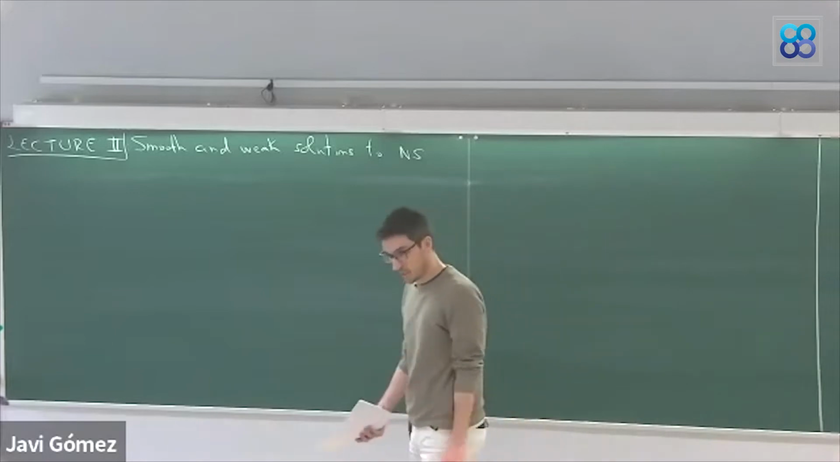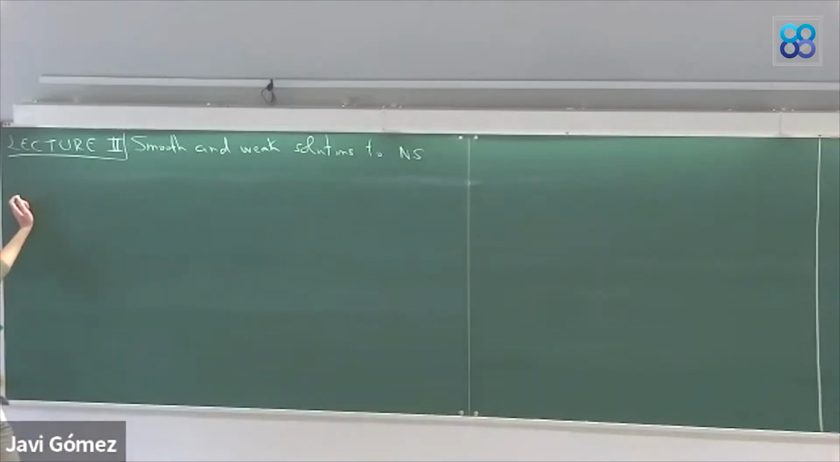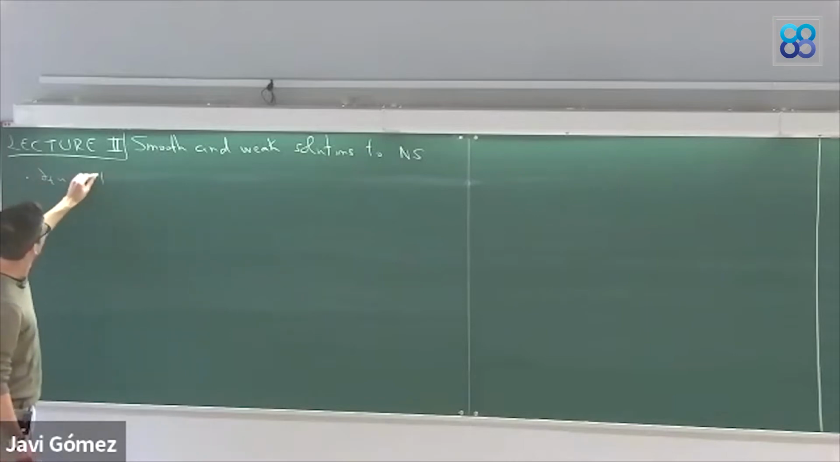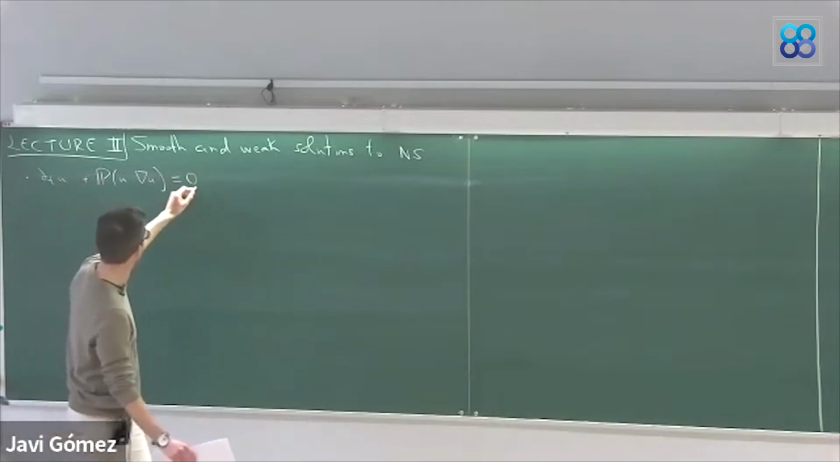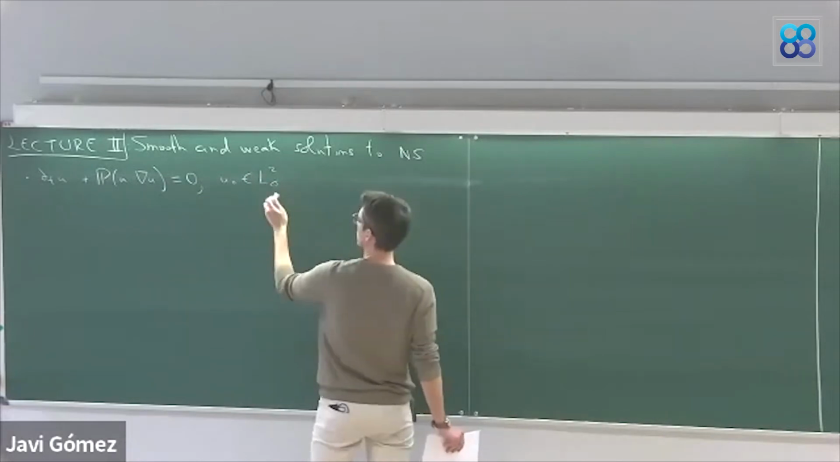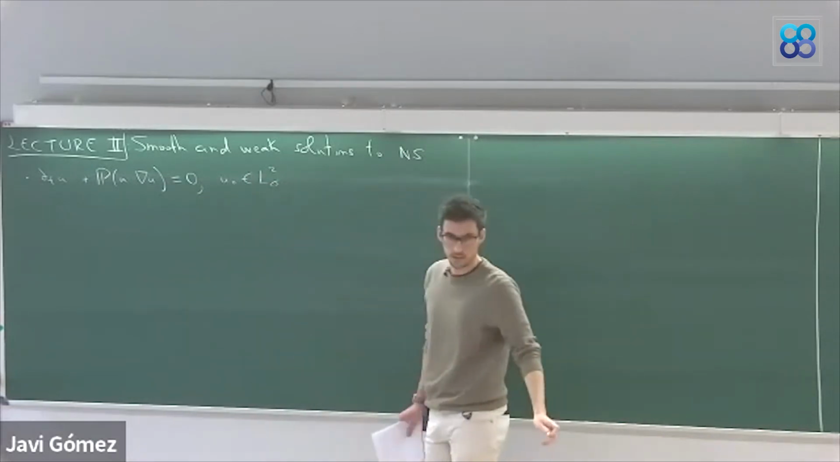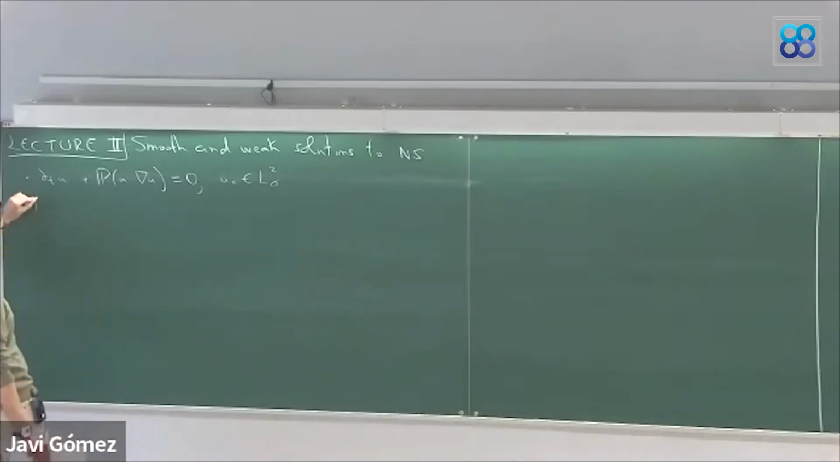So last day, 2 weeks ago, I discussed the existence and uniqueness of the strong solutions to the Euler equation. So we were dealing with this equation, with initial data in L2 sigma, where sigma means that it's divergence free. And we proved the theorem that